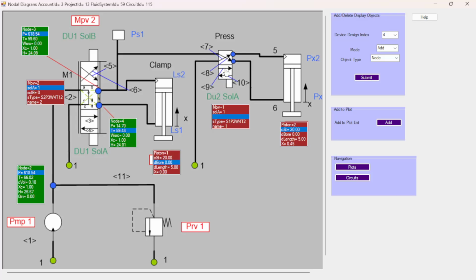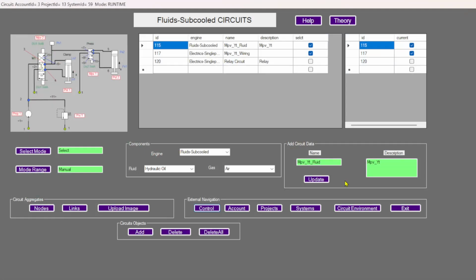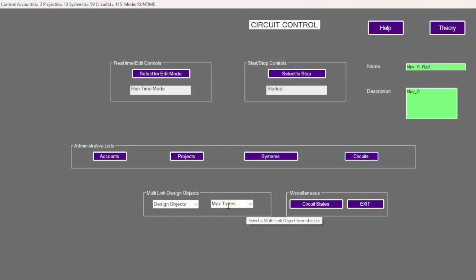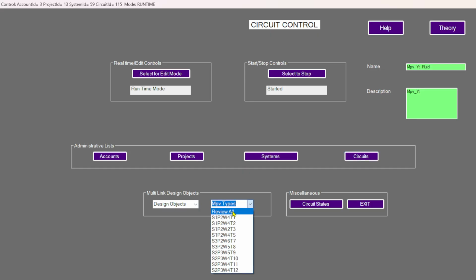Otherwise, it's cross flow. And the way I've set it up is, you may know the convention already, but the convention is open and closed chevron corresponds to the link index, and when it's not open and closed chevron, then it's a node index. And that's essentially it, except for the fact that the multiport valve has its own index, and we can see that if we go to the control diagram, and have a look at the multiport valves for this particular circuit,